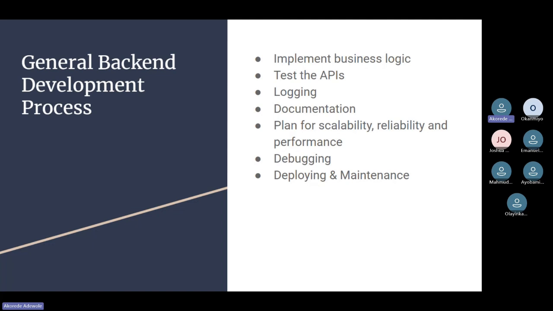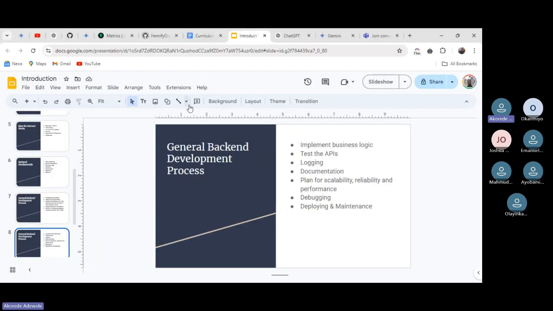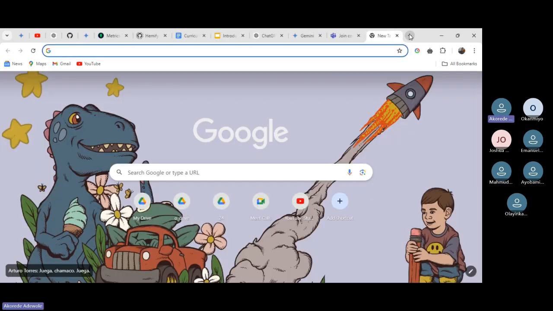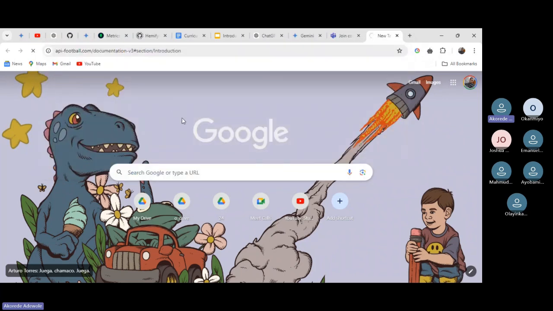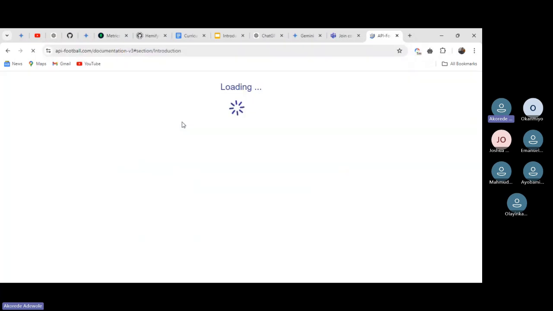Let me see if I have some ready examples I can show on that. I was checking something earlier on, and let me just see if we have